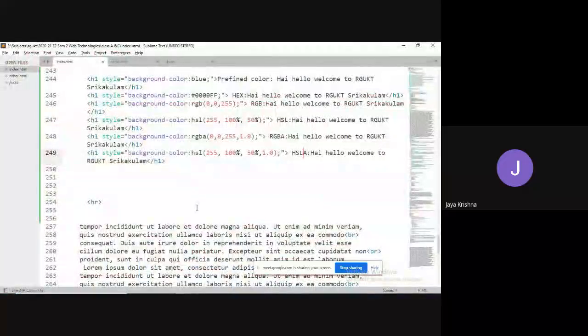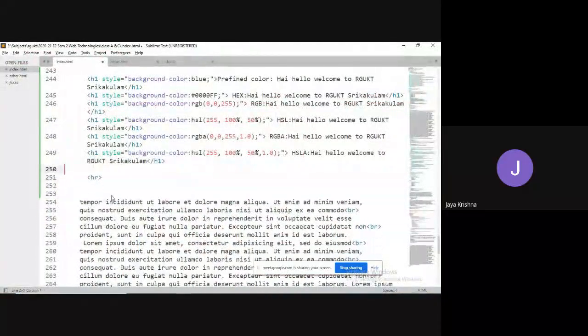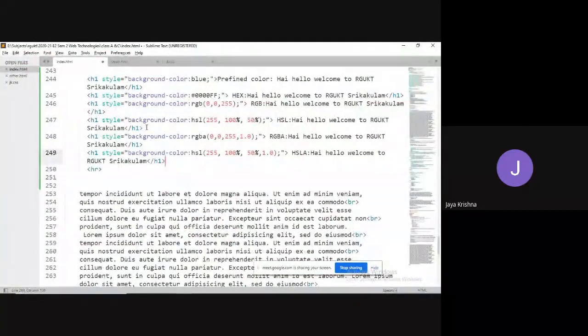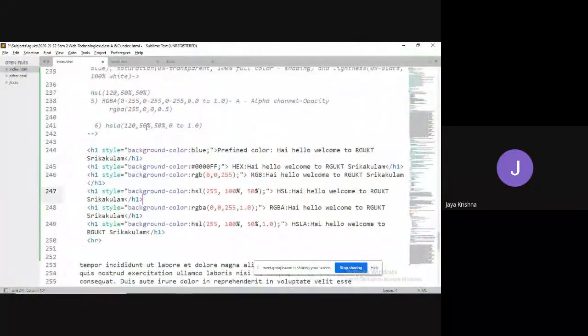Here my main concentration is to define the different ways we can apply colors to our HTML elements. How to apply these colors to all the text, background images, borders of the images, and backgrounds of the web pages, all those we'll see in cascading style sheets.